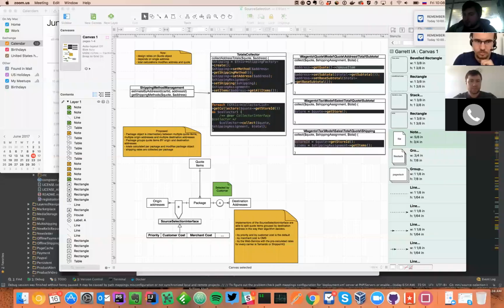So yeah, not too much to share. This is just work in progress and ideas, sketches. But I think this picture will allow us to talk about the problem. So the introduction to the problem is that during the checkout process, once you have your quote and you have quote items, and quote items consist of the products and their quantities, you would need to decide from what sources this product should be shipped, because this will affect, first of all,